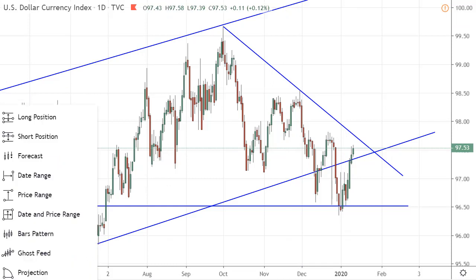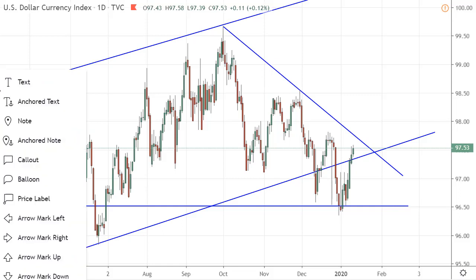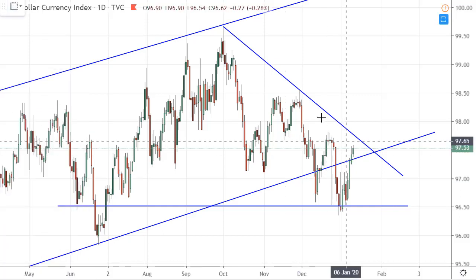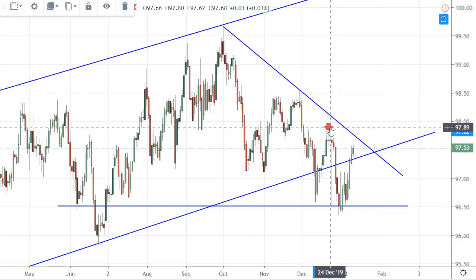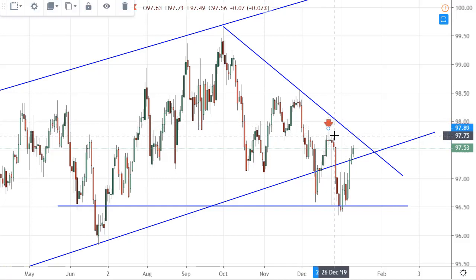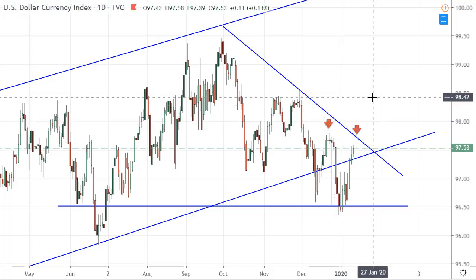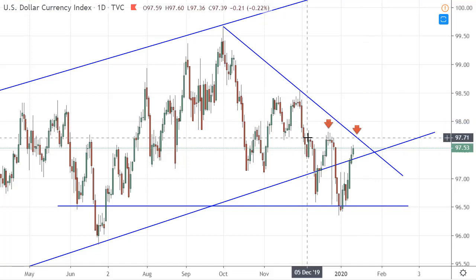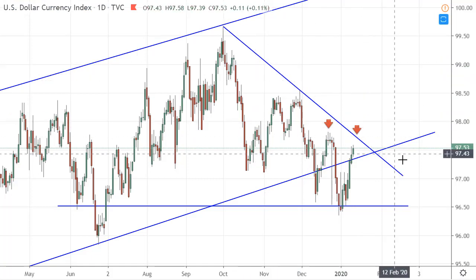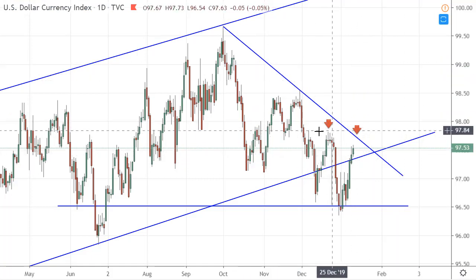Let me see if I can put in some. Yeah, this would be what I'm looking for now. This obviously is the last resistance level, and now it kind of looks like we are forming another resistance, or we're still below this trend line that's going to the downside. We haven't broken this level over here as well.